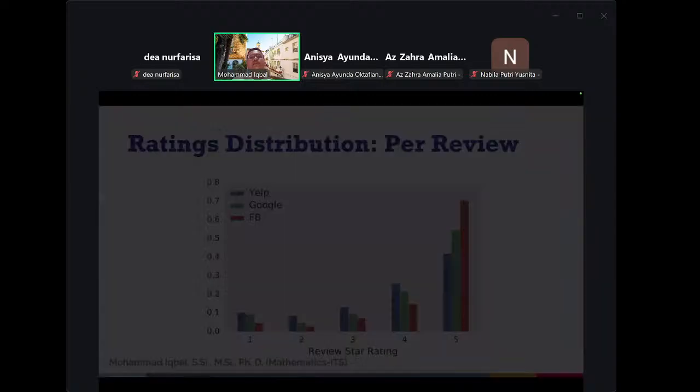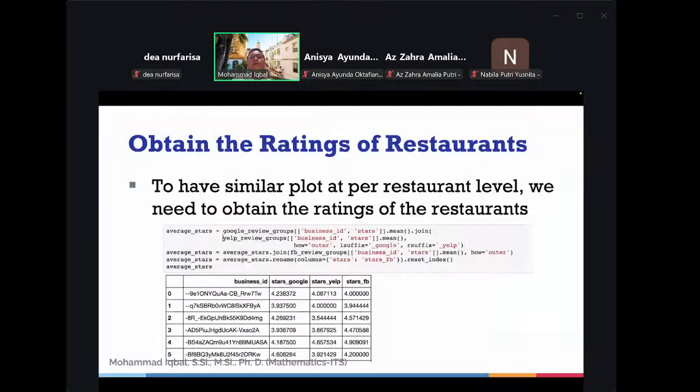And then obtain the ratings of the restaurant. To have a similar plot at the per-restaurant level, we need to obtain the ratings of the restaurant. Okay, so then we